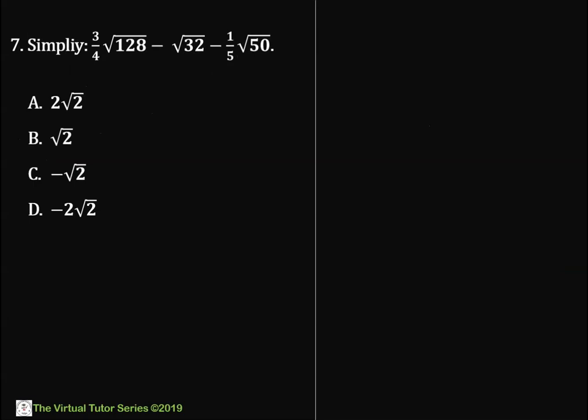Question 7. Simplify 3 over 4 root 128 minus root 32 minus 1 over 5 root 50. Solution. Given the expression 3 over 4 root 128 minus root 32 minus 1/5 root 50. To simplify the expression, we need to look for the factors within the square root in which one of them